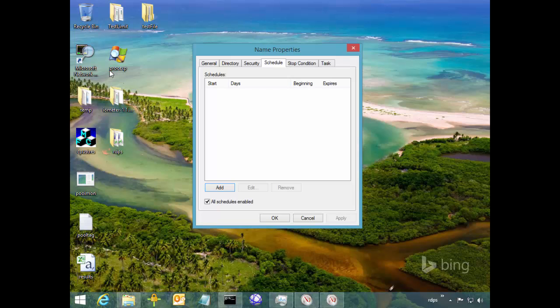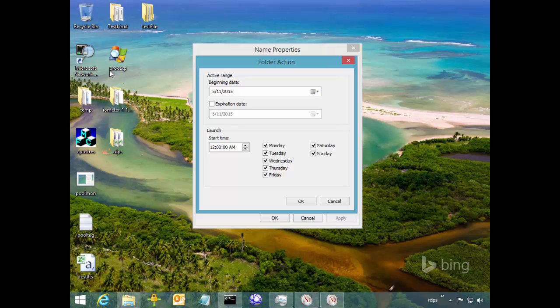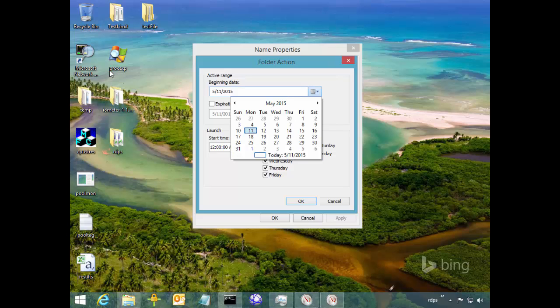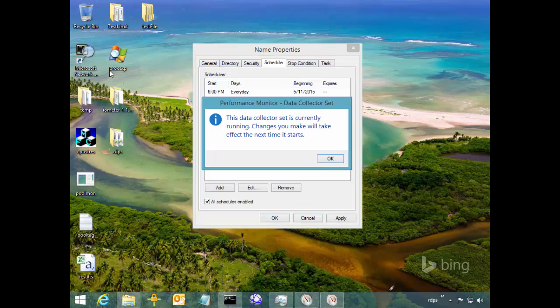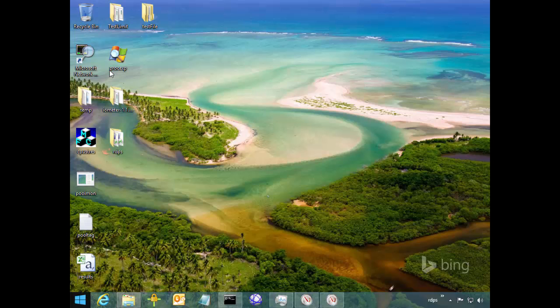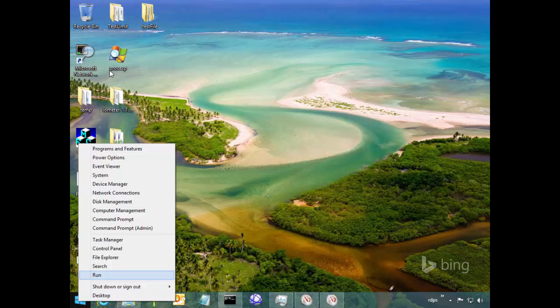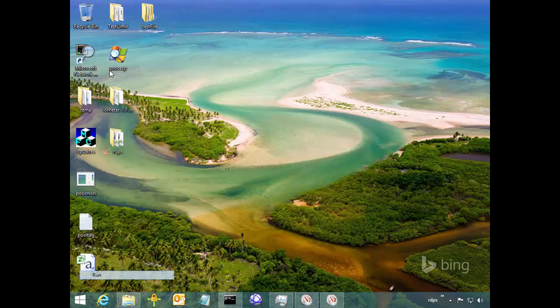So the other thing that you could do here is add, not just the time, but you could go modify that. So this gets a little bit outside of Perfmon itself, but let's say that I wanted this thing to get started up at, I don't know, 6 p.m. or something like that, and then come in here and click OK. And what you see is it told me I can't make changes to it while it's running. Well, that's fine, because